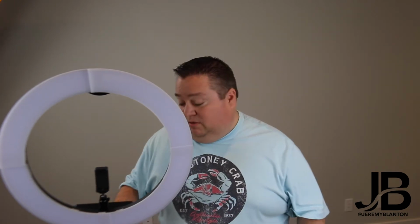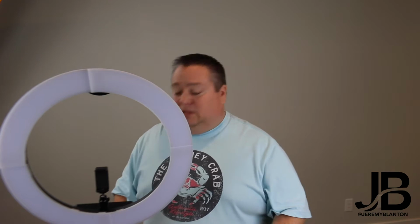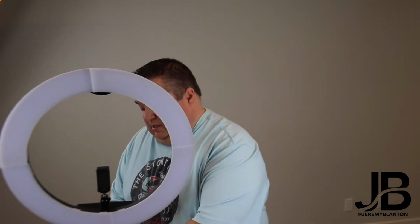It comes in its own portable bag that you can travel with. It comes on its own stand that you can raise. You can see I have it set right now a little low, but if I needed to, I could simply raise this up to perfect height. It comes with a mount right here in the middle that you can hook in and do any of your shots with your phone. So I could simply grab my iPhone, stick it in here,